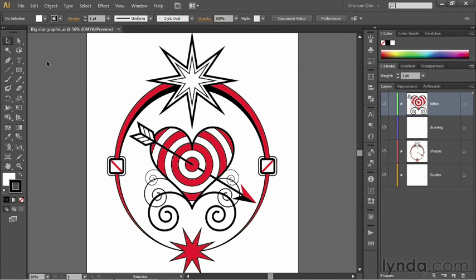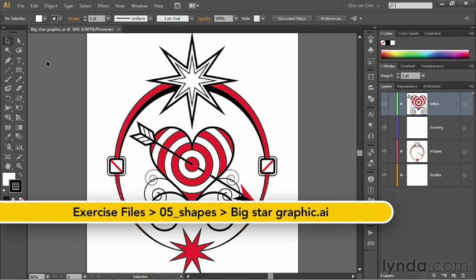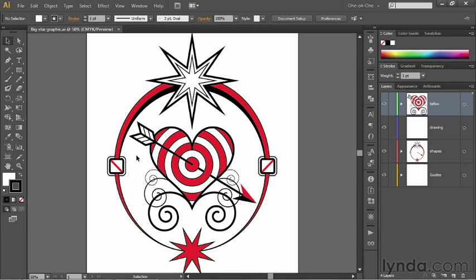In this movie, I'll give you a preview of the artwork that we'll be creating over the course of this chapter, and I'll also introduce you to each of the 6 shape tools included with Illustrator. So what we're going to do is take that hard artwork from the previous chapter, and we're going to surround it with a few ellipses. We'll add a couple of rounded rectangle ornaments here. We've got some stars at the top and the bottom, and I've also drawn an arrowhead in the background going